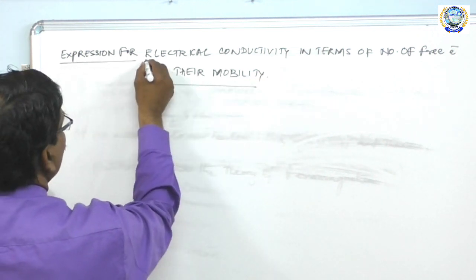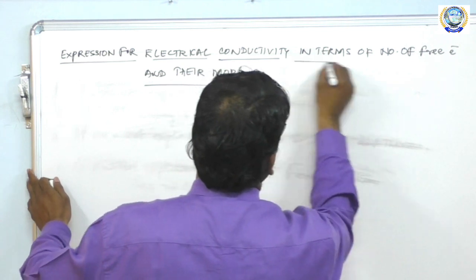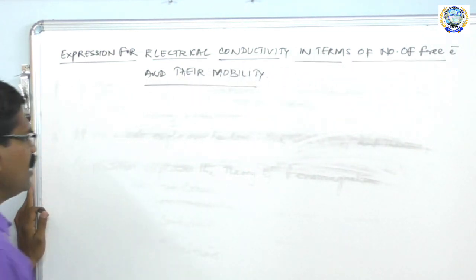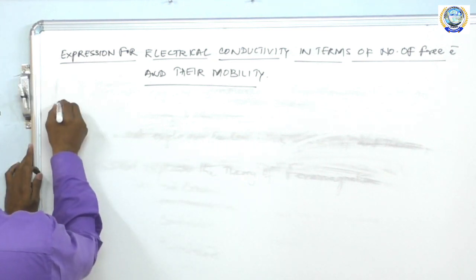One of the most important essay questions expected from Unit 3 of free electron theory of metals. Let us see this. According to this theory,